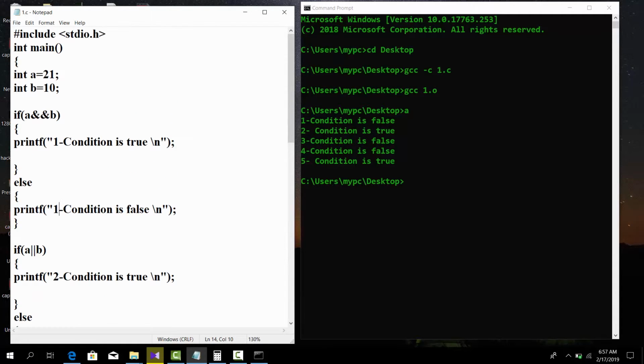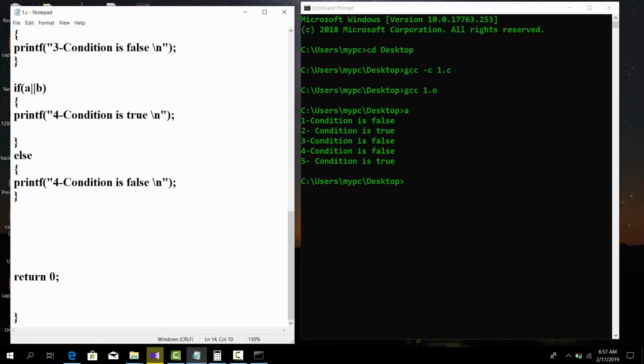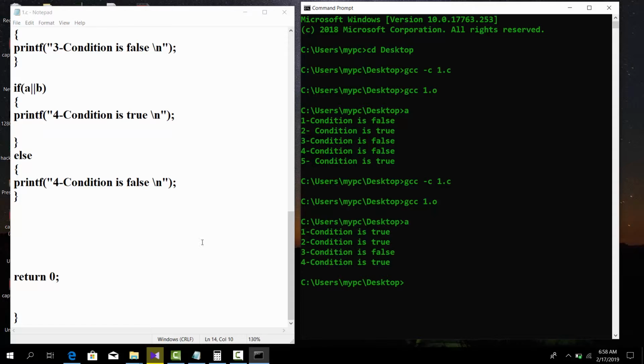Now I'm going to run my code. First we have to save it, and then I'm going to compile my code. gcc 1.c, where 1.c means my file name, then gcc 1.o. Okay, then I'm going to run my code, enter. Okay,